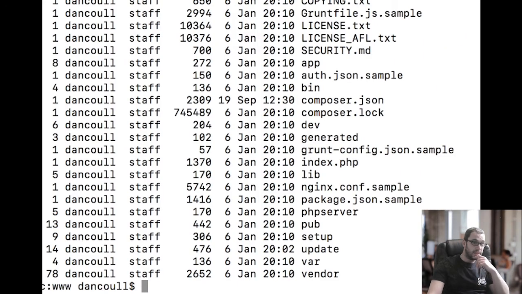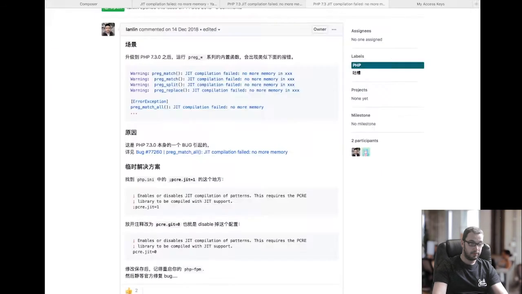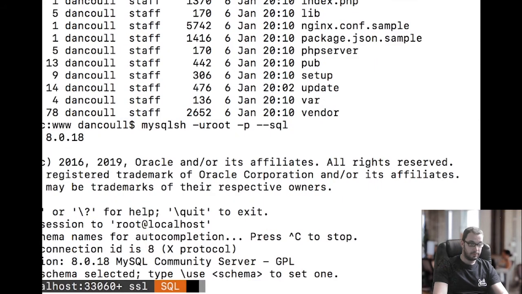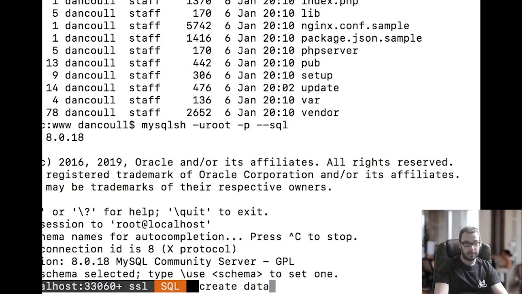So the next part of the process for getting it installed is to actually get Magento to run all of its setup scripts and install into the database. First of all, you want to create yourself a database. So if you log yourself into your database and create yourself one,